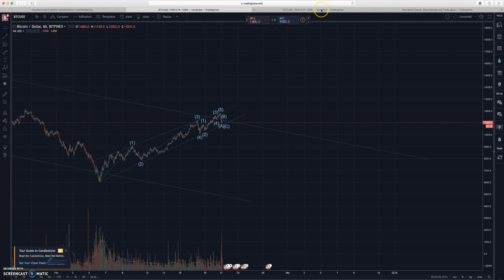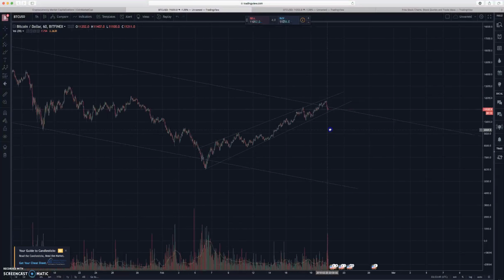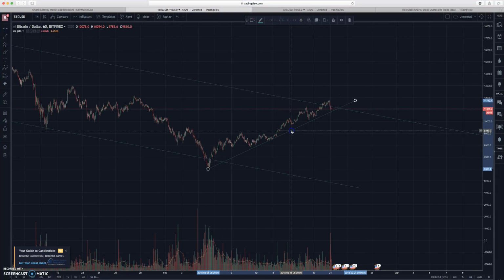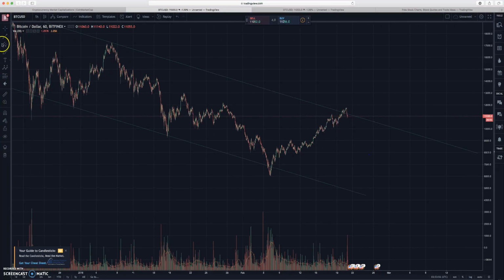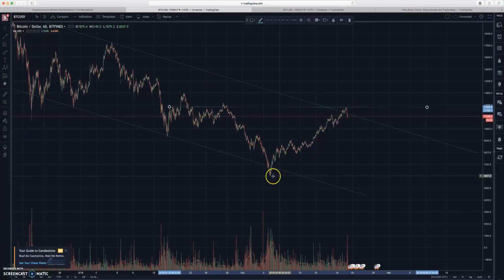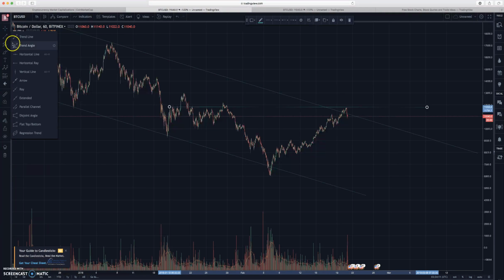Now, what the other traders are talking about, and I'll get into a couple other things on this chart in a minute. There's one thing that people are looking at, and that is this inverse head and shoulders that people are still talking about, which I'm not super sold on, but you would have your neckline somewhere in this region, and then you would have this as your left shoulder, your head, and then your right shoulder. And that's something that is possible.